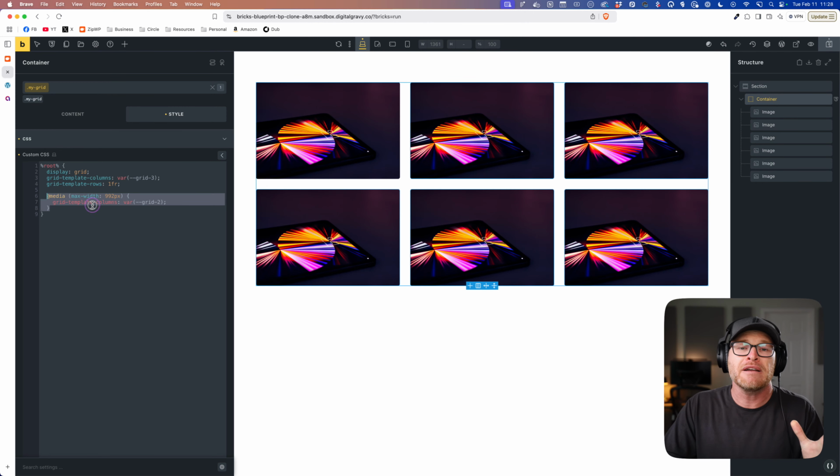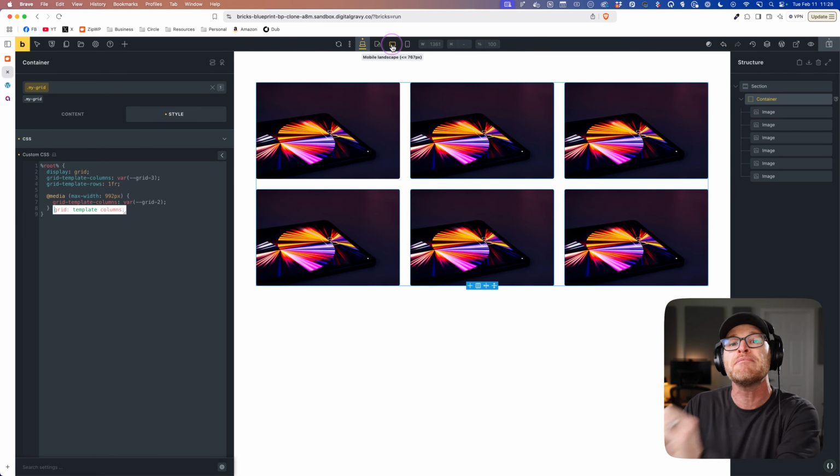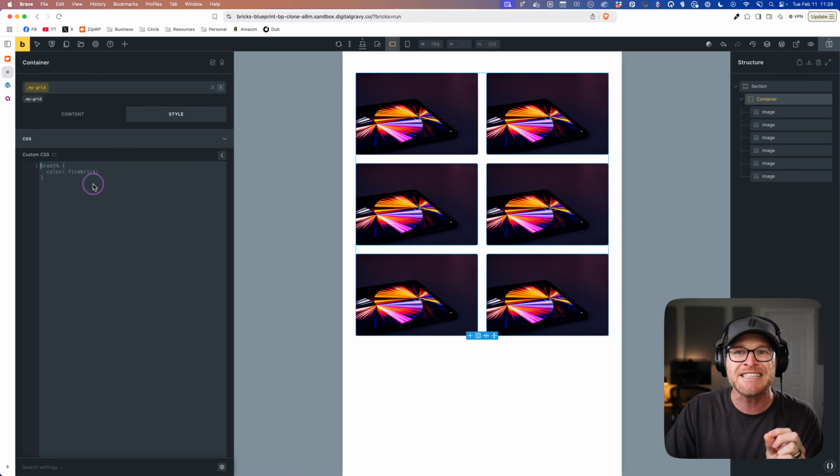They're not set up this way. They're set up for you to click on that breakpoint and then do something there. They're set up for you to click on it and write new CSS here. But the problem now is, one, my CSS has now separated into 2 different locations.